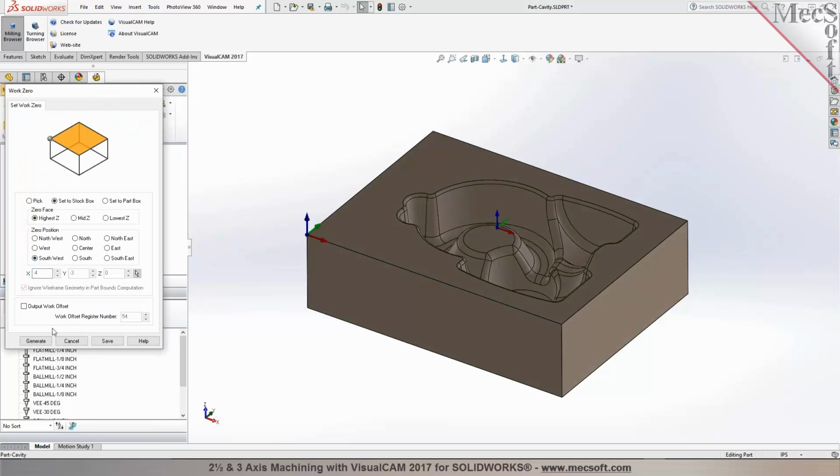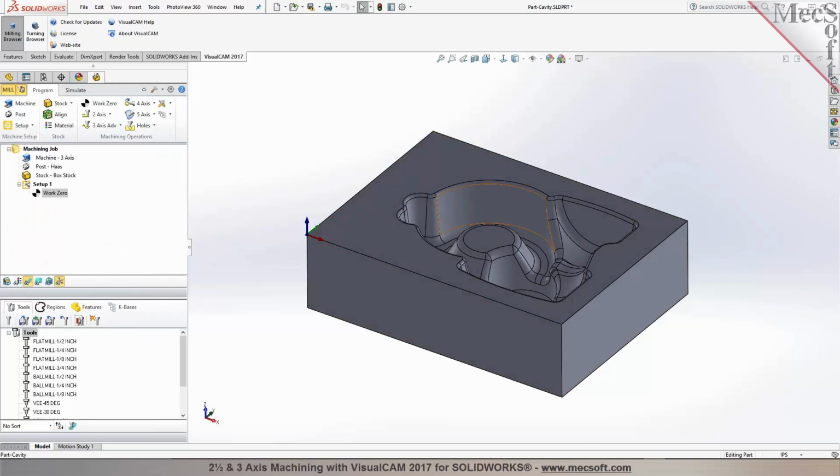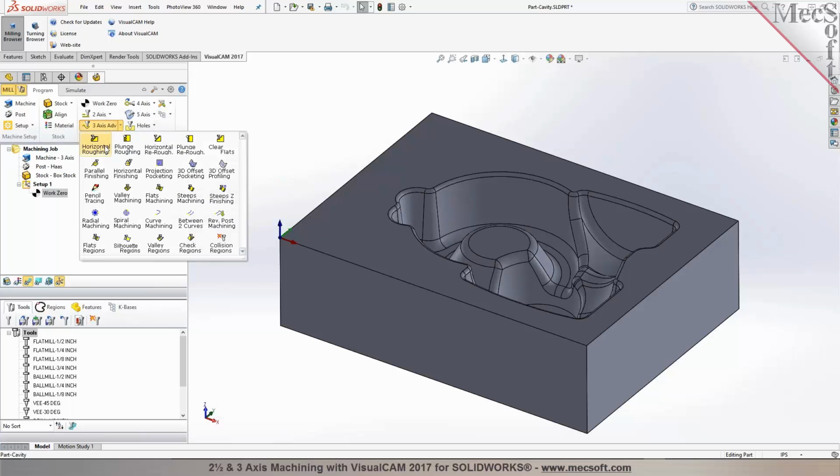So exactly the same steps of what we did for 2.5D. In 3-axis, you just go ahead and select the operation type. So you can see that with the Pro configuration, you have a wide range of 3-axis toolpath methods. You have roughing, you have re-roughing, finishing, several different types of advanced finishing, pencil tracing, remachining, curve-based machining, a lot